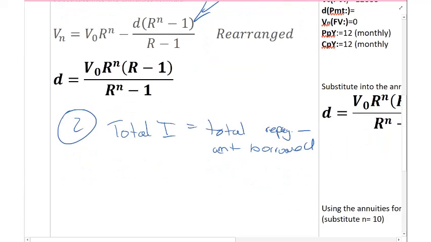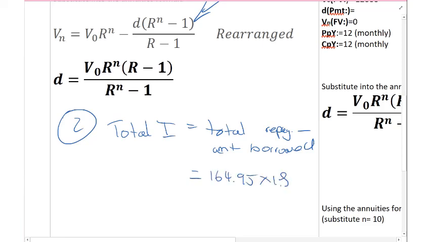Okay, because we're only looking at interest, it's about how much I've paid, because remember, I'm paying $164.95 every month. That'll pay off my loan, but it also then will be the interest on top. So my total repayments would be